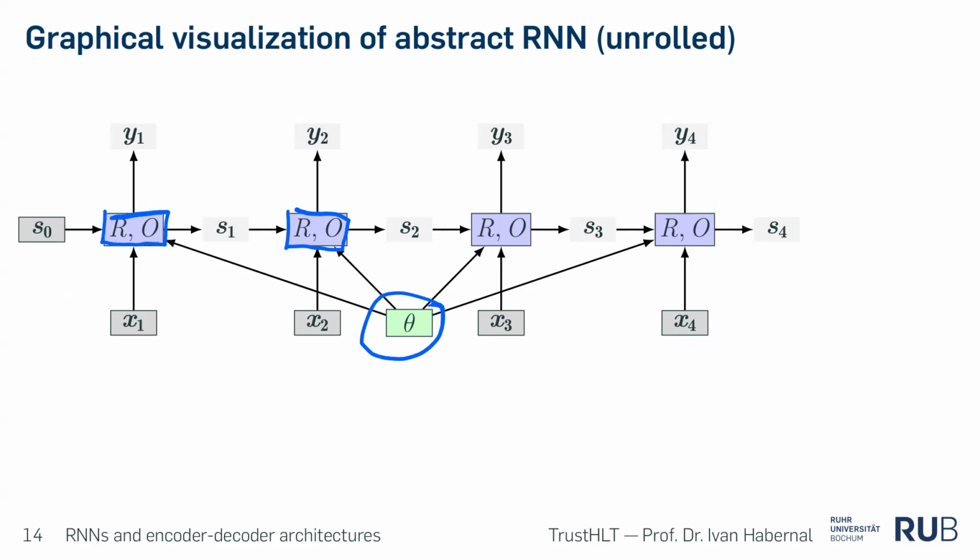Because what's going to happen should be independent of the position. So if you go from position x3 to x4, it should behave in a similar way as if you were going from position x1 to x2. Maybe there's more previous input, previous history, but at this point you just want to have the same parameters to move forward.